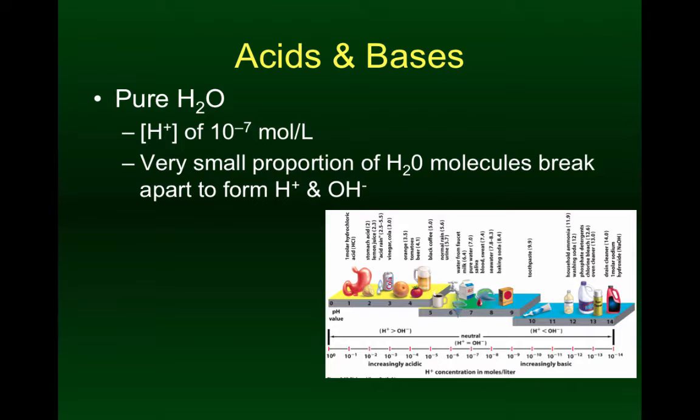a base. So if you see 10 to the negative 6th, acid. 10 to the negative 5th, acid. 10 to the negative 4th, it's an acid. If you see 10 to the negative 8th, negative 9th, negative 10th, those things would all be bases. Right? And so those can actually be converted into decimals, which makes it a little easier to see why the concentration of H pluses is higher at 10 to the negative 6th than what would be at, say, 10 to